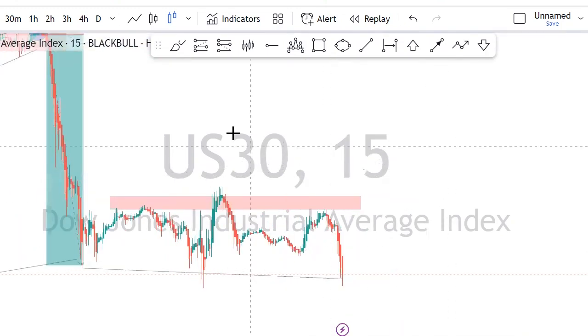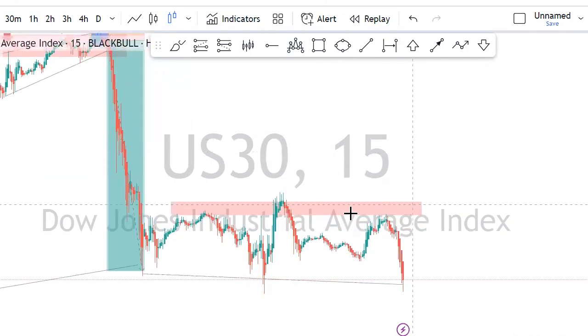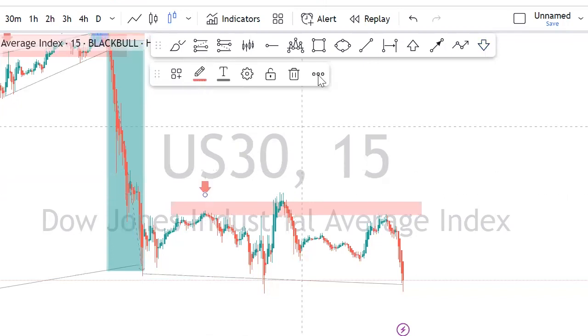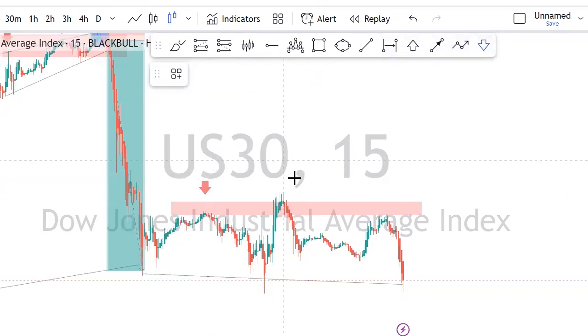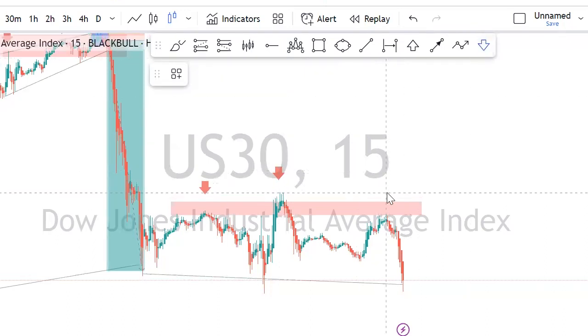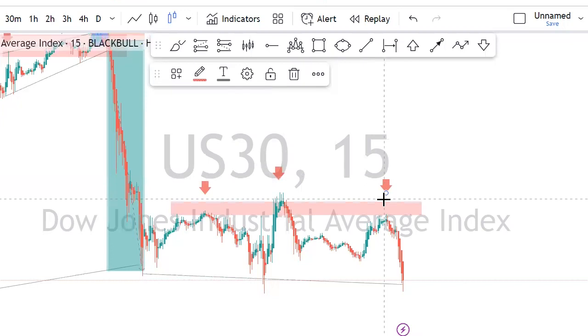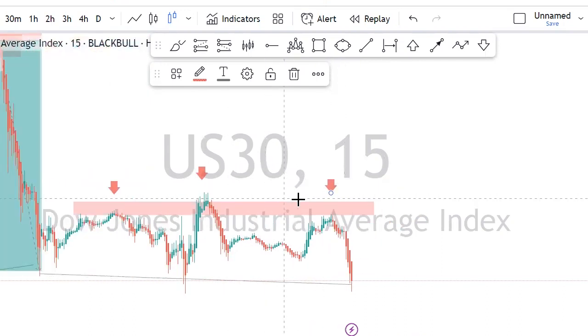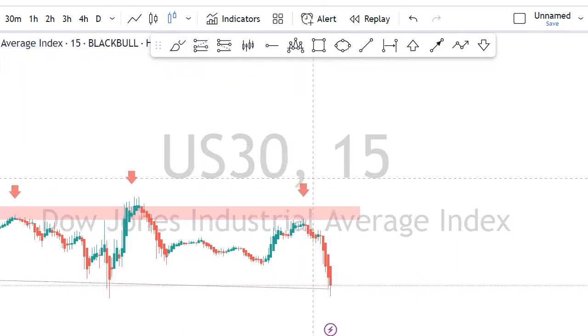Same thing applies. You wait for the third touch. Third touch is the highest probability. So let's count the number of touches that we have on our resistance using this arrow. We have our first touch right there, second one, and the third one. Third one has the highest probability. You guys should never forget that the third touch always has the highest probability. So since we got the third touch, we focus